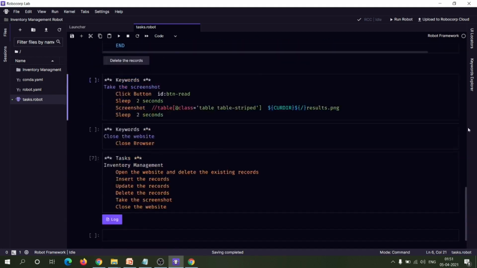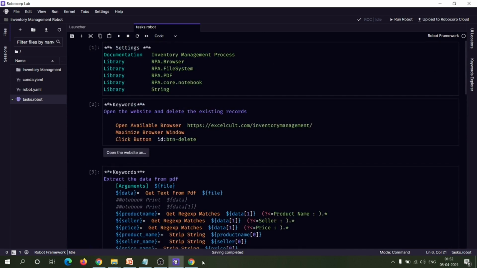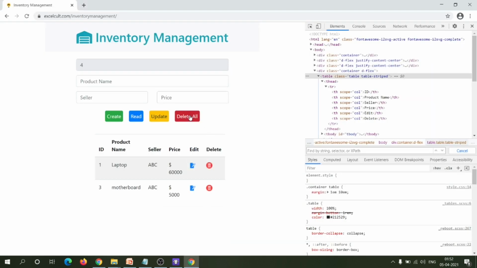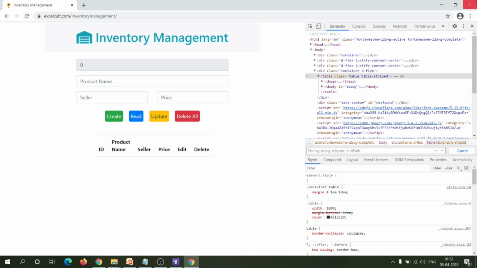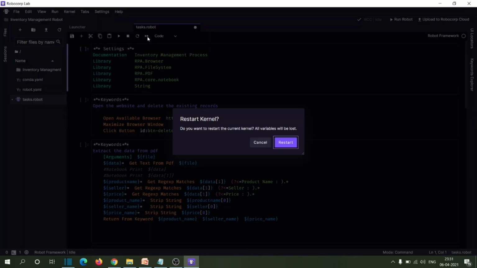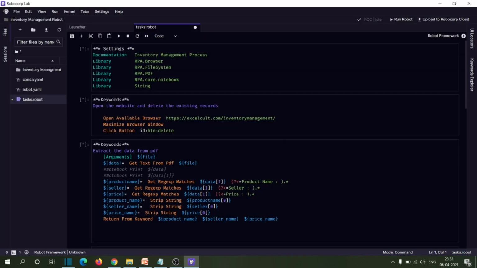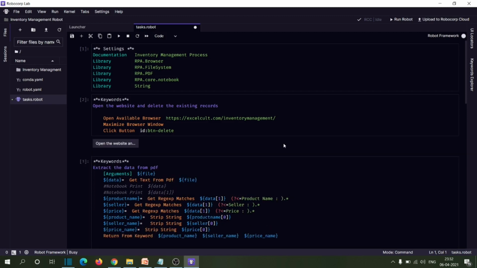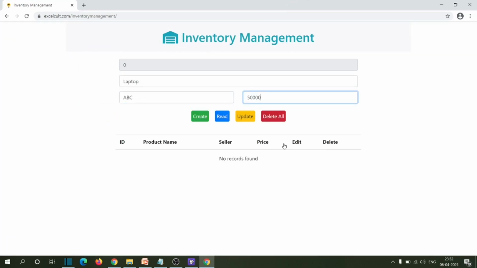Yeah, I think everything is fine. So let me just delete this one. Close this. So let me just run this process. Now you can see that it is opening the inventory management website, and you can see it is deleting and then inserting the records.